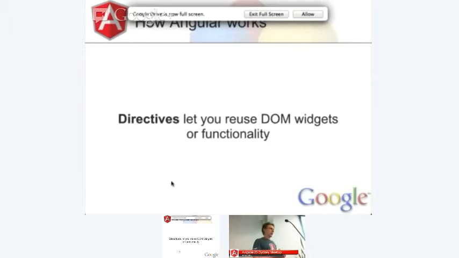Directives then are sort of your user interface glue and bits and pieces and widgets that let you do things. Some of these directives come built in, some of them coming built into HTML itself. So checkboxes and input fields and things like that Angular treats as directives. For example, with the checkbox, Angular will compile in various functionalities so that when you tick or untick it, it triggers an Angular event, and Angular is aware of that.